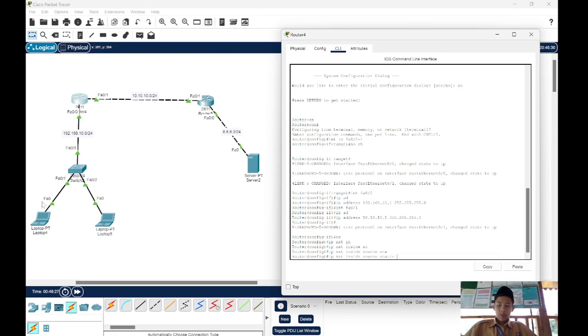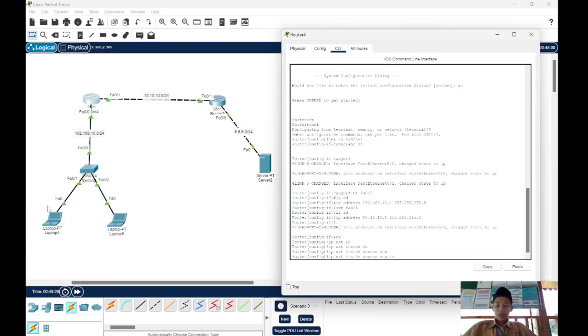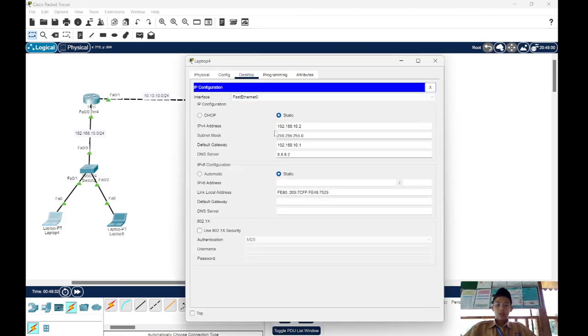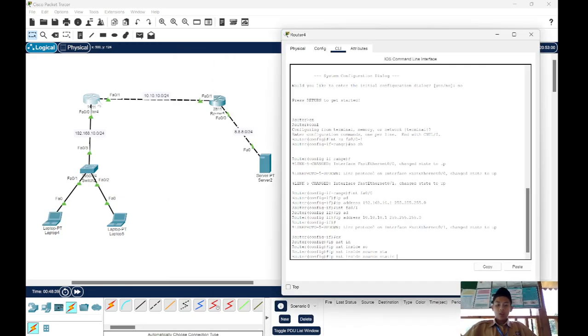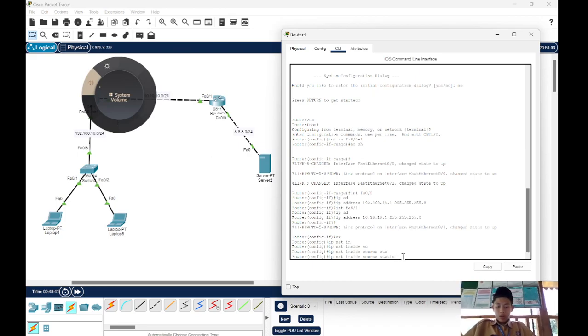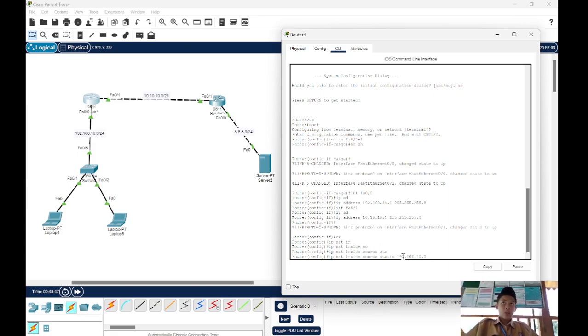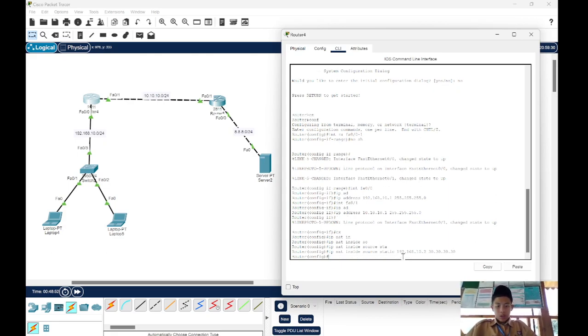We will use static. We want to transfer the first client, which has IP address 192.168.10.2. We transfer it in this command: 192.168.10.2. We'll translate it into 30.30.30.30. Then we route it with the static route, with the default route method, IP route